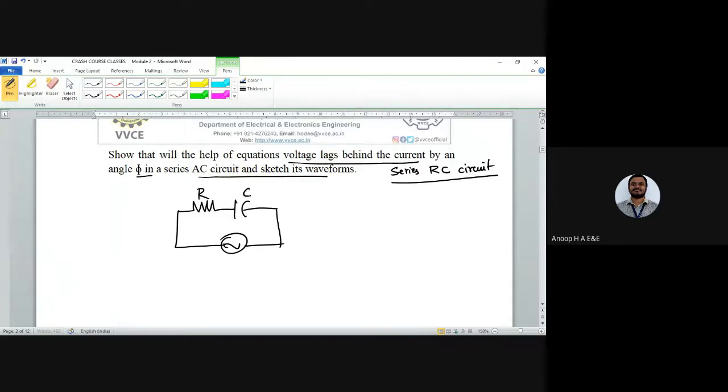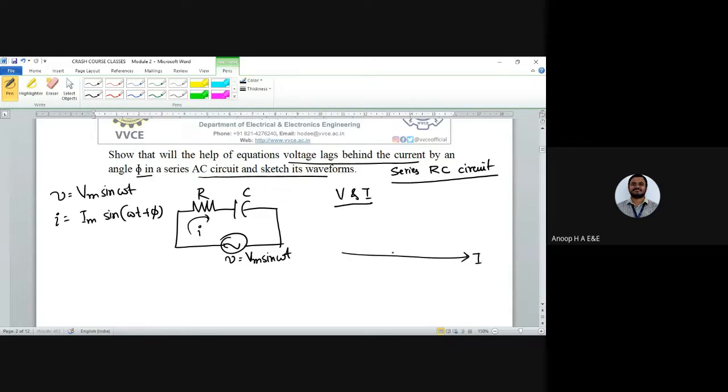So it is R and C, a simple condenser, the practical condenser that we take. In electrical terms, we have the current flowing through the circuit, and the same voltage V equal to Vm sine omega t is applied. V and I are the RMS values, V equals Vm sine omega t, and I equals Im sine of omega t plus phi. We'll be taking the reference as I again.